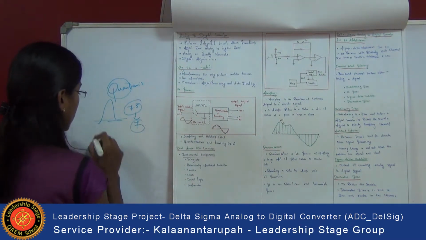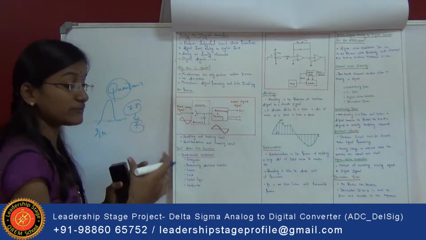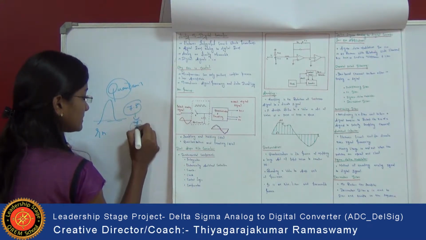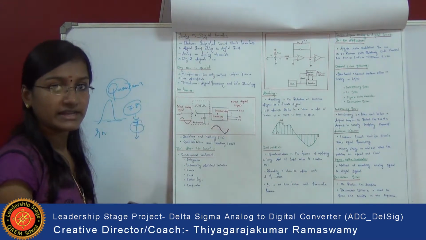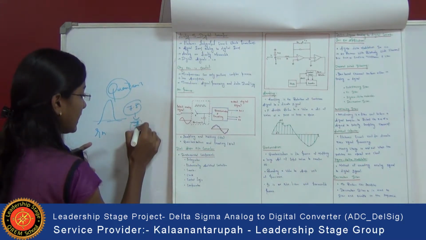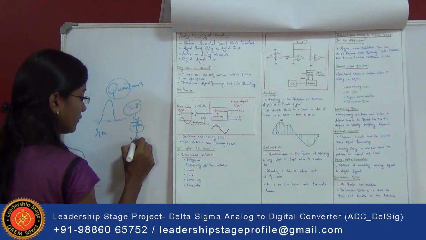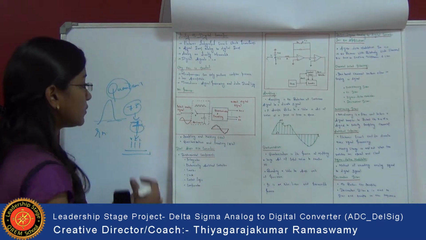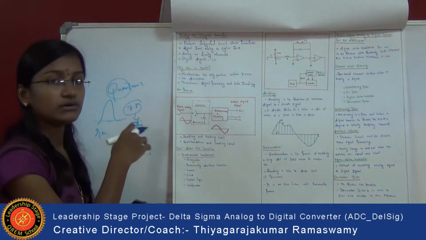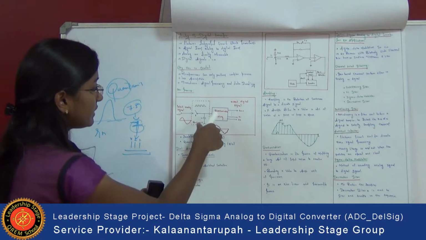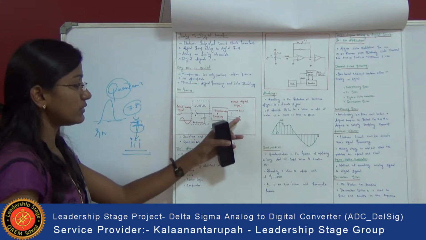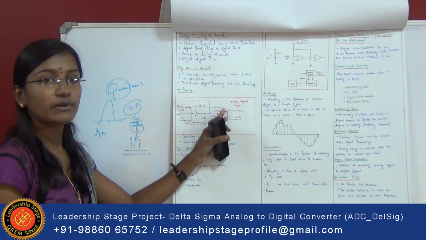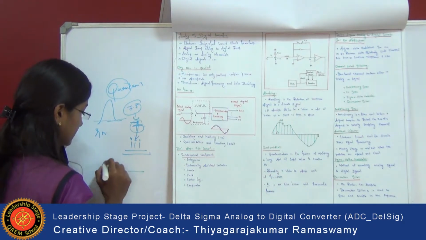And encoding is used for converting the analog signals into a digital format. Like by encoding, we are going to convert this 7 into binary format. The binary format for 7 is 1 1 1, that is 4 plus 2 plus 1. So by using the encoding method, we convert it into binary format. And we will get an output from D0, D1 up to D to the power n minus 1, where the analog signal gets converted into a digital format. So the signal will be like this.